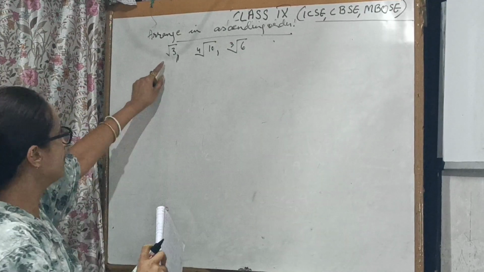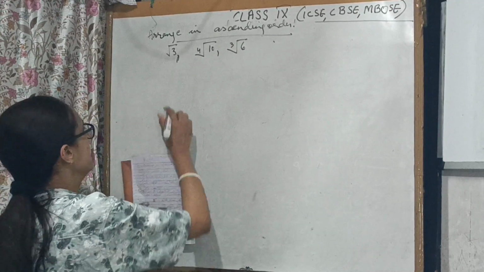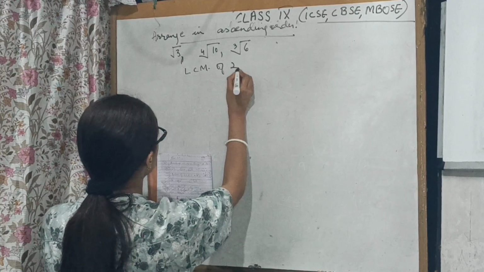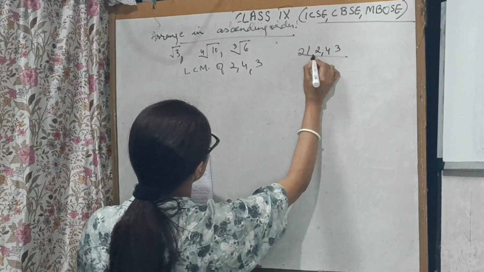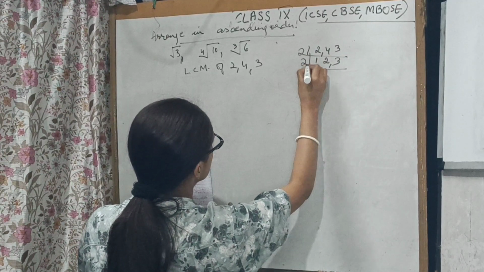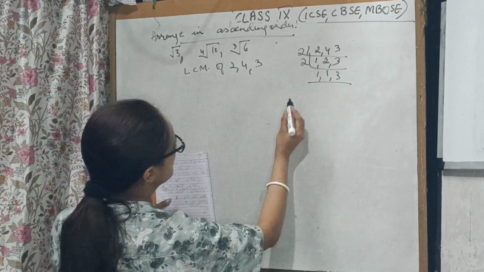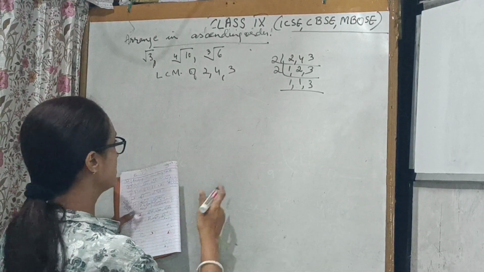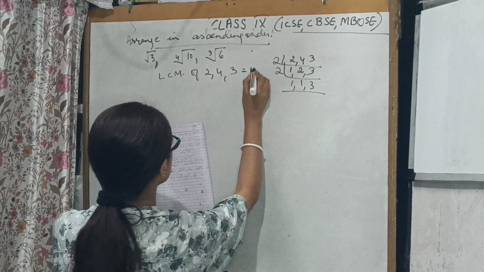So pay attention to the roots. This here is 2, this is 4 and this is 3. Go back to your class 4. LCM of 2, 4, 3. 2 ones are 2, 2 twos are 4, and 3. 2 twos are 4. I had to wait for the electricity. So the LCM of 2, 4 and 3 is equal to 12.